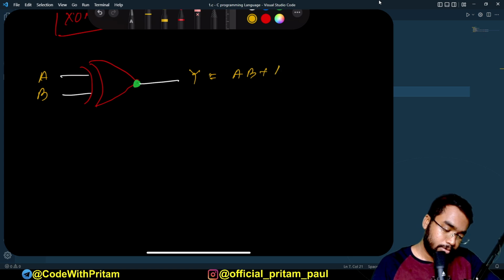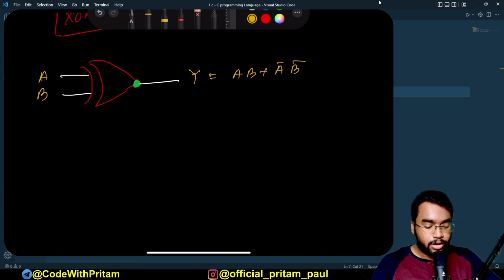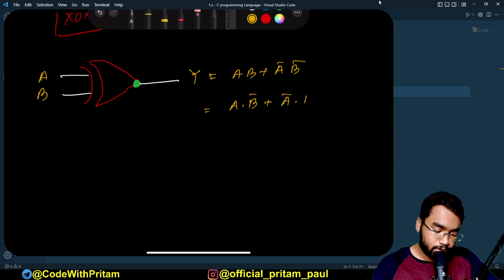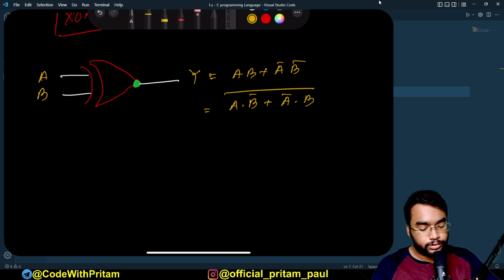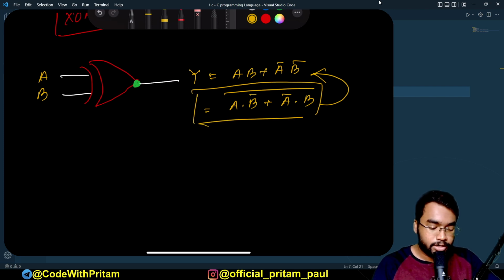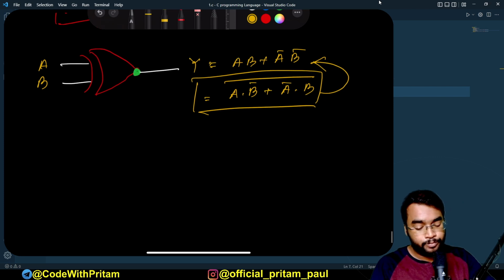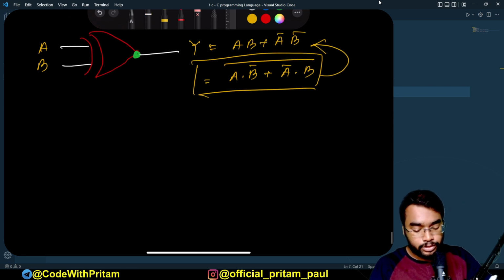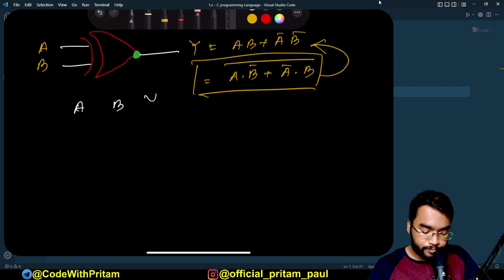ए बी प्लस ए बार बी बार। इसको हम लोग इस तरह से भी लिख सकते हैं, ए बी बार प्लस ए बार बी होल बार, तो इसको हम लोग यहाँ पे ला सकते हैं बाय यूजिंग द डिजिटल इलेक्ट्रॉनिक्स कॉन्सेप्ट। वो अलग चीज है, उसको छोड़ो। तो इसका जब ट्रूथ टेबल बनाएंगे तो क्या आएगा, ए बी एंड वाई,